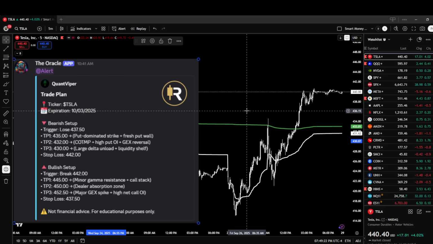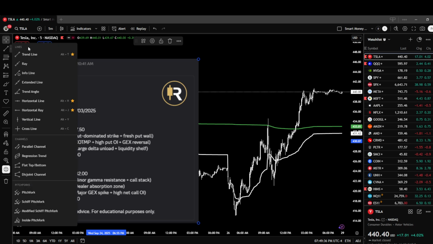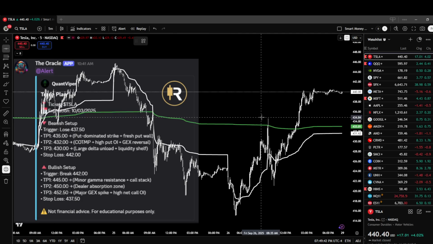Okay, next thing we're going to do is we're just going to go down the list, right? So we'll start with the bearish setup. We're going to see the trigger is losing 437.50. So what I'm going to do in TradingView is I'm going to go to the trend line tool, the lines, and I'm going to grab my horizontal line. Okay, and then I'm going to come over here and I'm going to look for